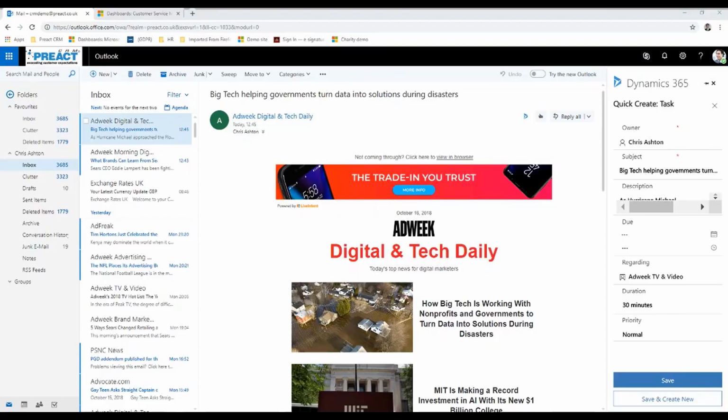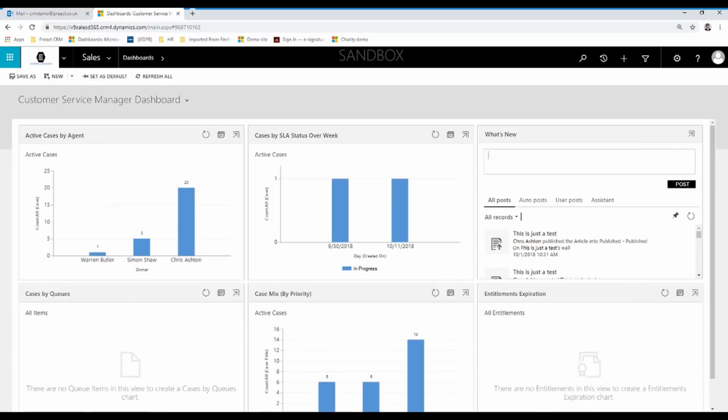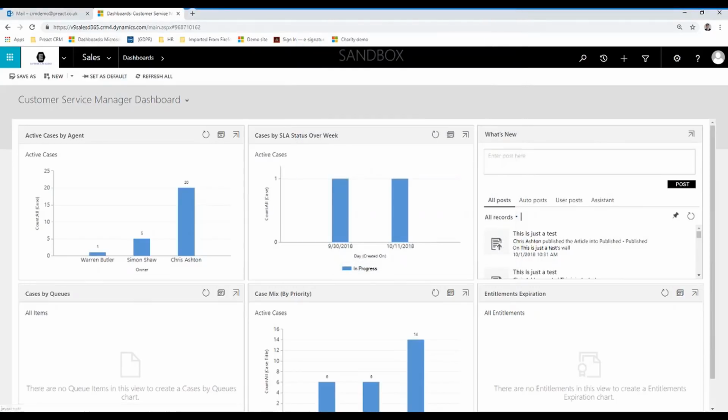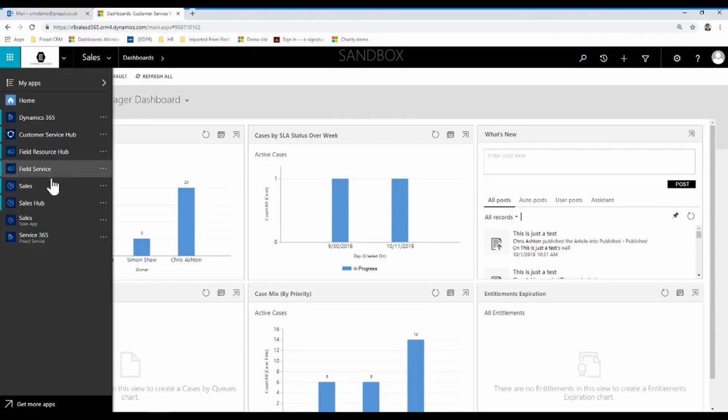So continuing on from this, now I'm going to open up my Dynamics. So I've already got this open here. So this is the old interface. So let's just go on my About. You see I'm running this on version 17.10 9.02. So the way we navigate to the new interface, we do that via here. So you've got all your apps. So you notice I've got my customer service hub, I've got field service resource hub, and I've got the sales hub deployed. So if I go into the customer service hub,